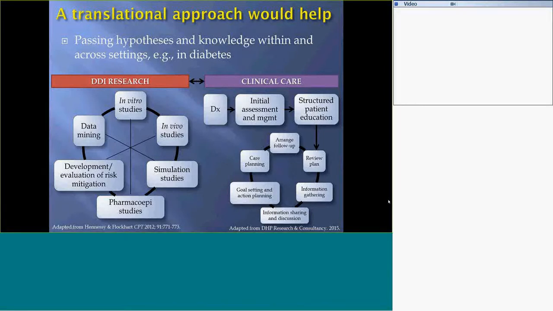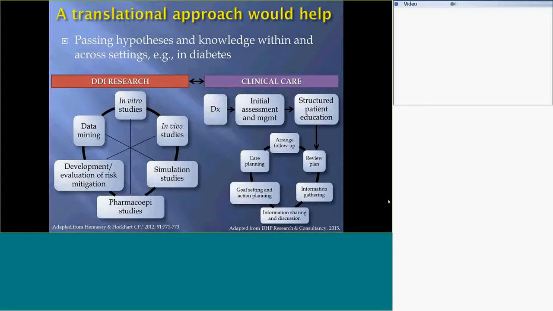So what would help really close these knowledge gaps is a translational approach to science. And what do I mean by translational approach? I mean passing hypotheses and knowledge within and across settings. So in particular, just in this example here I have based on a diabetes example, you can see in the